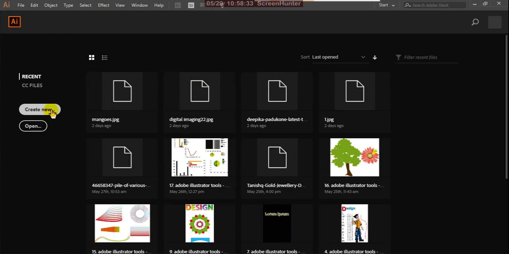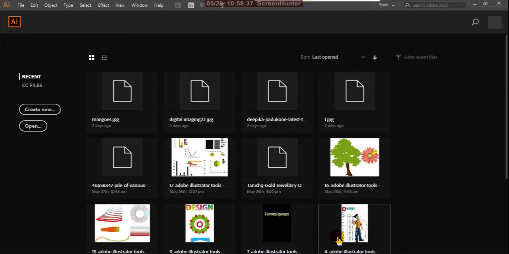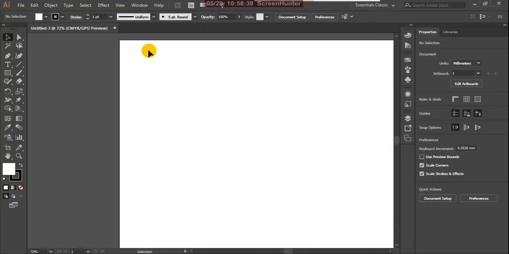Okay, so suppose create new, take any file size A3. Yes, the before class I explained you this embedding and the linked files. Okay, so now today we are discussing about